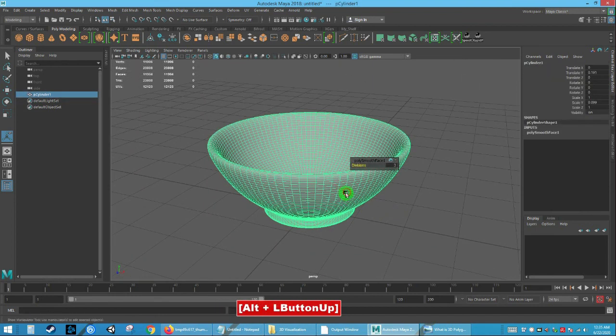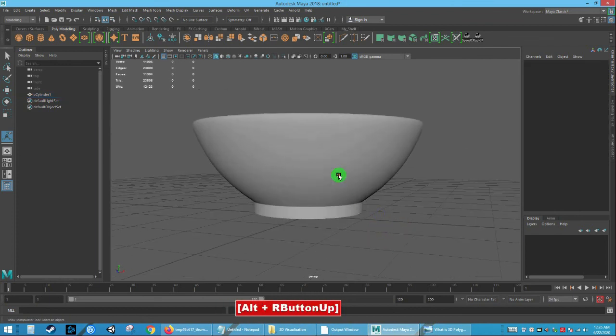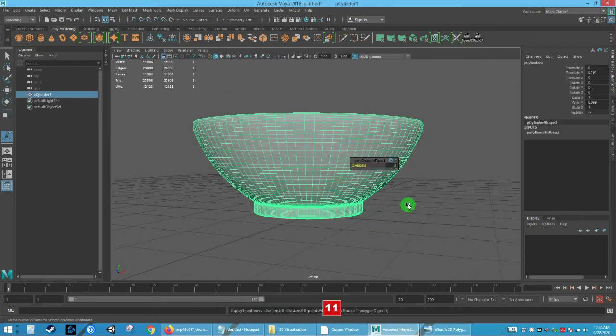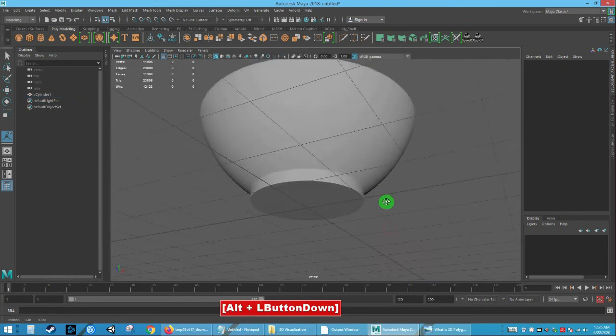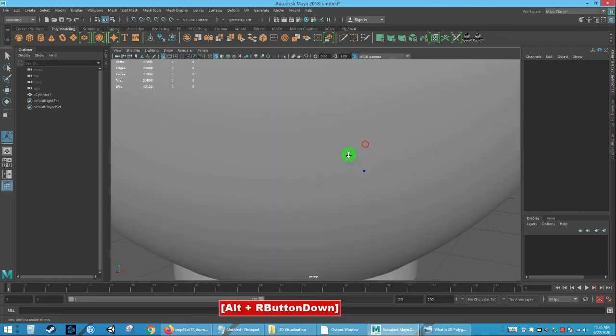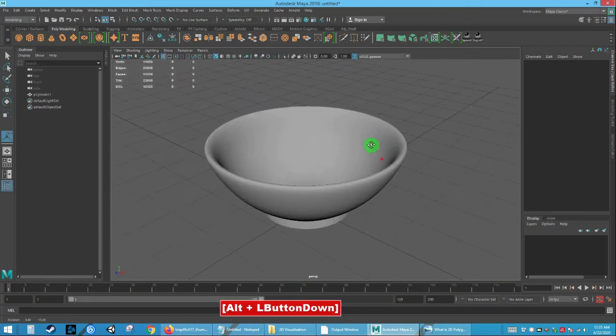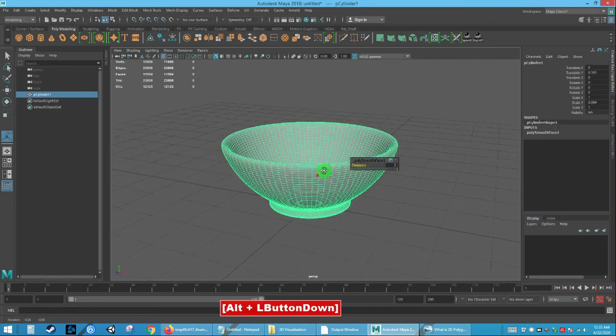Now at this point you don't have to hit number 3, no need, because your model is already smooth. No need to preview it with the smooth version, because the model is the smooth version in its final form. Okay, so you got your hard edges here, a little bit less hard edges here, and a bit softer on the top side. Right, so that's how you model